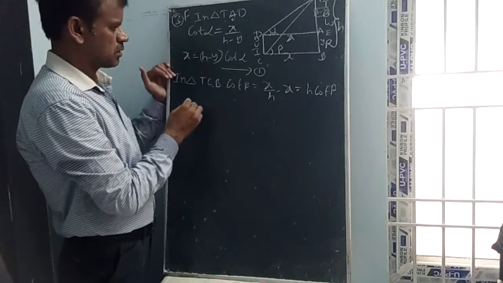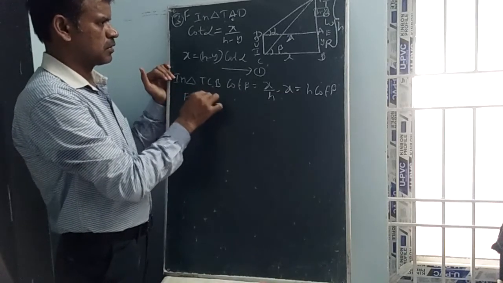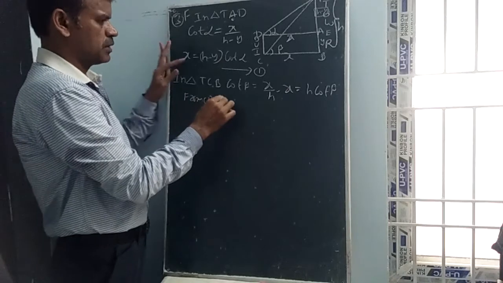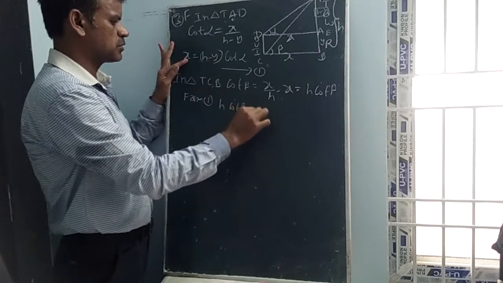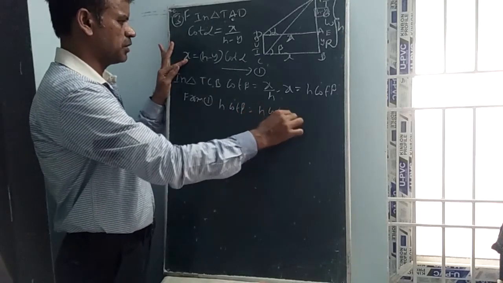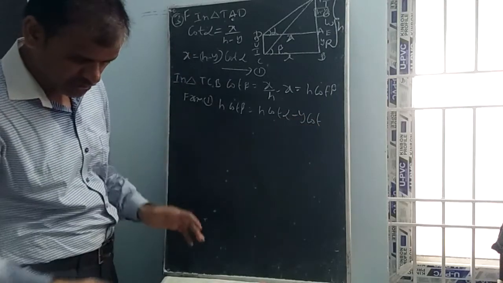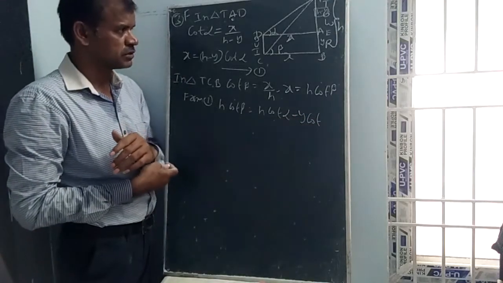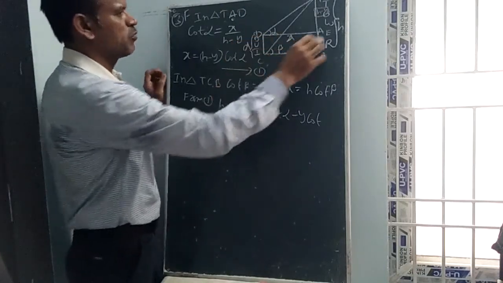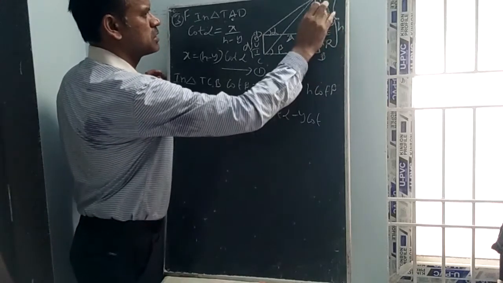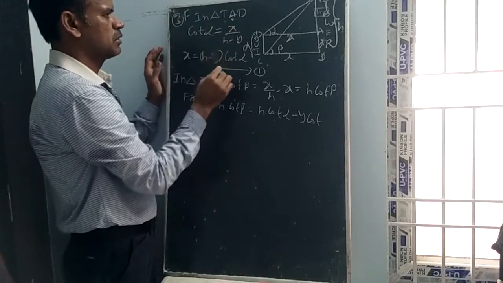Okay, let us think here. Now from 1 I am writing: x meaning h cot beta. H cot beta is equal to h cot alpha minus y cot alpha. So what is y here? Given that the building height is d, no need to take y. This is d, so this y is d. H minus d. Now x is equal to this one.